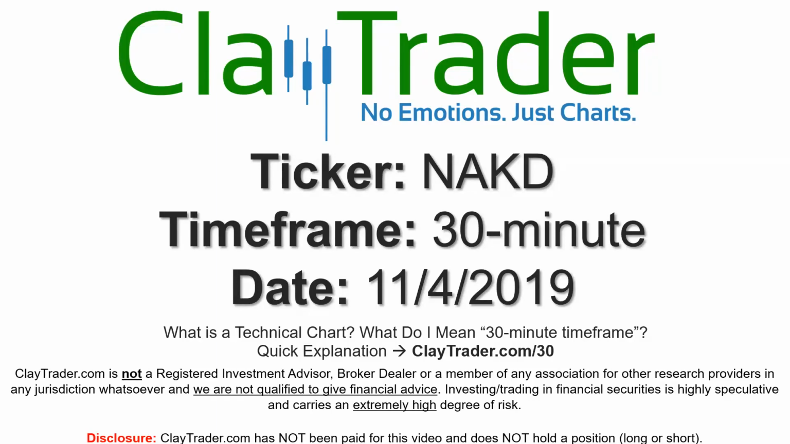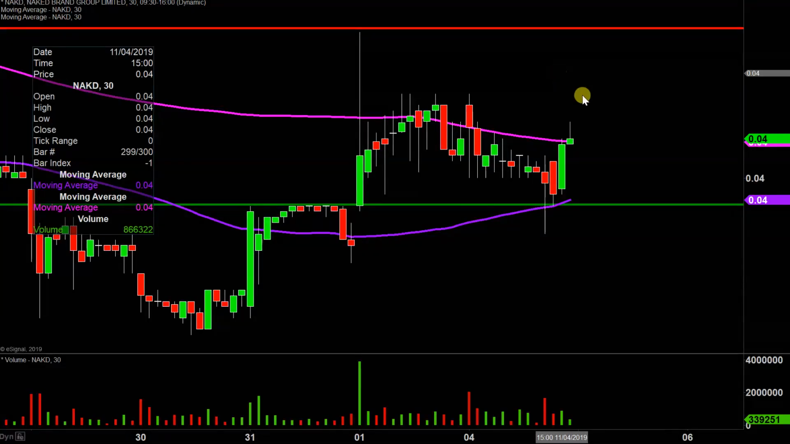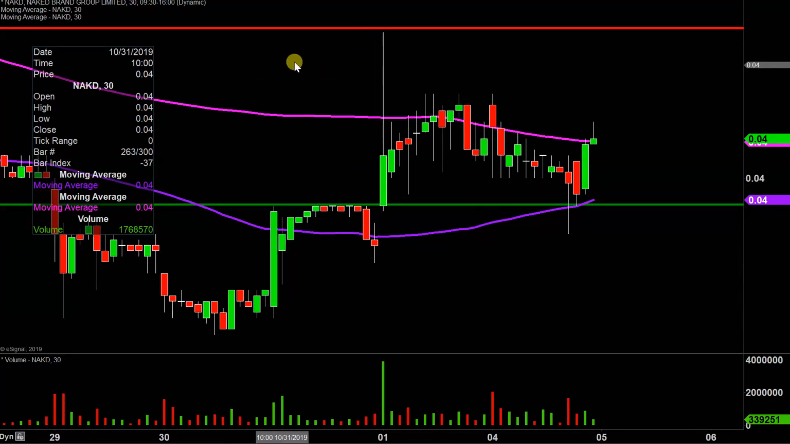We will take a look at the 30-minute time frame. If you're new to charts and not sure what I mean by 30-minute, I do offer an explanation video at that link. So if you go there, I'll explain in detail. I did this analysis on Friday, so that is where the green and red line annotations are coming from. And that's also going to make my life a little easier here from the presentation standpoint, because